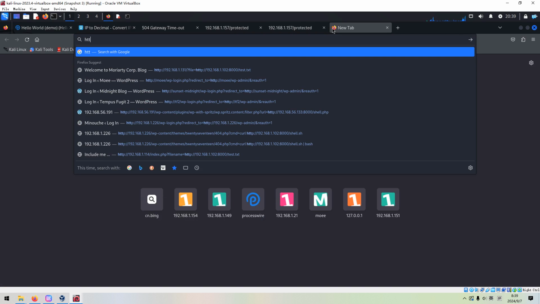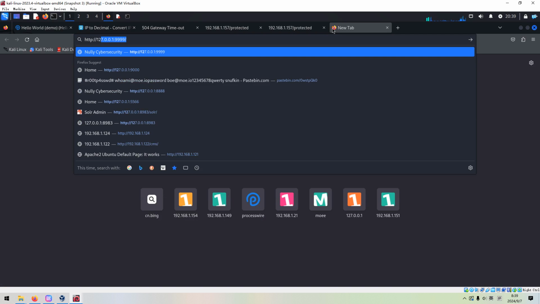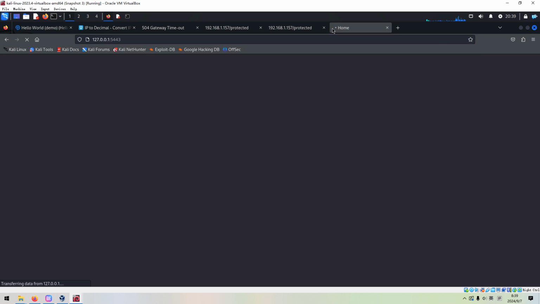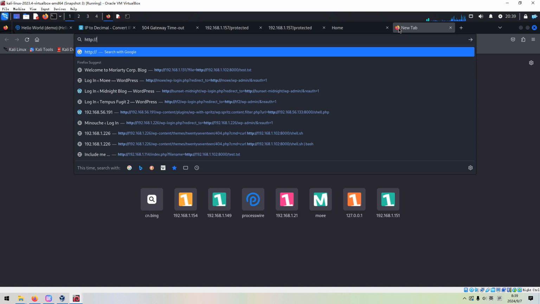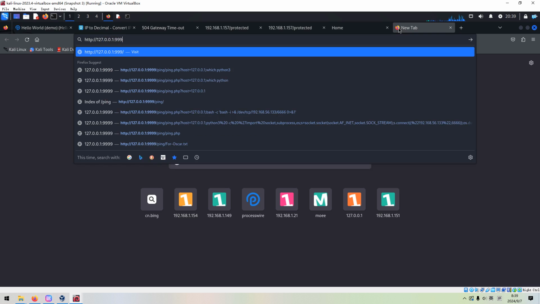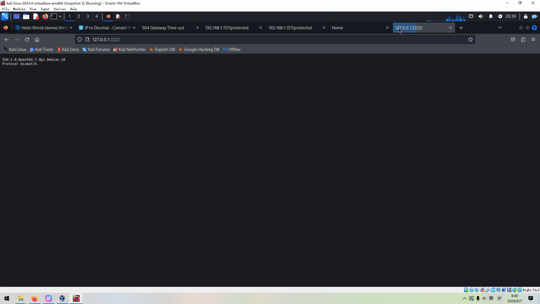We can use local, okay, and also we can access another one. As you can see, we got some banner information, SSH.